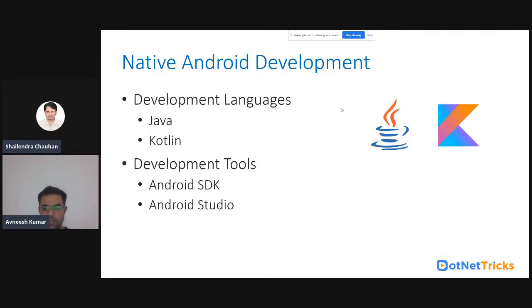Apart from that, Android Studio provides you the emulator, you can say the simulator, in which you can run your code, or you can attach your mobile phone to your laptop, desktop, PC, wherever Android Studio is installed, and you can debug, you can see your application live on your mobile, right? So this is something about the Android native development.